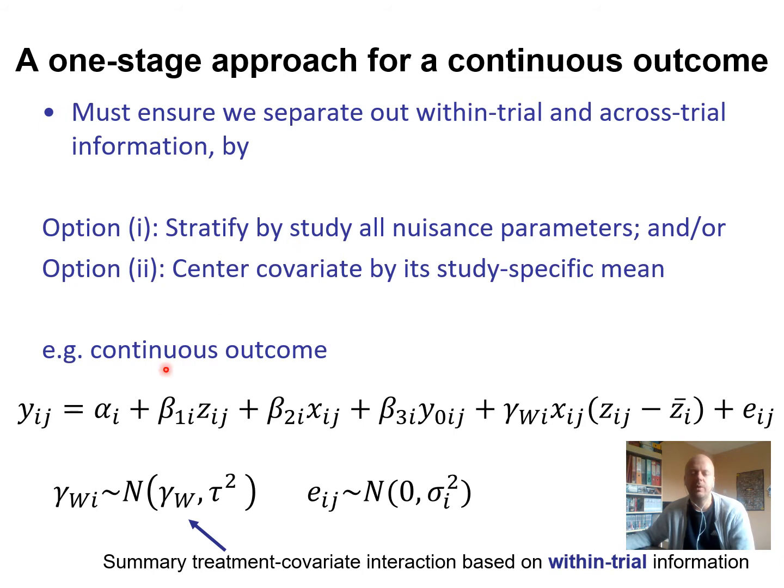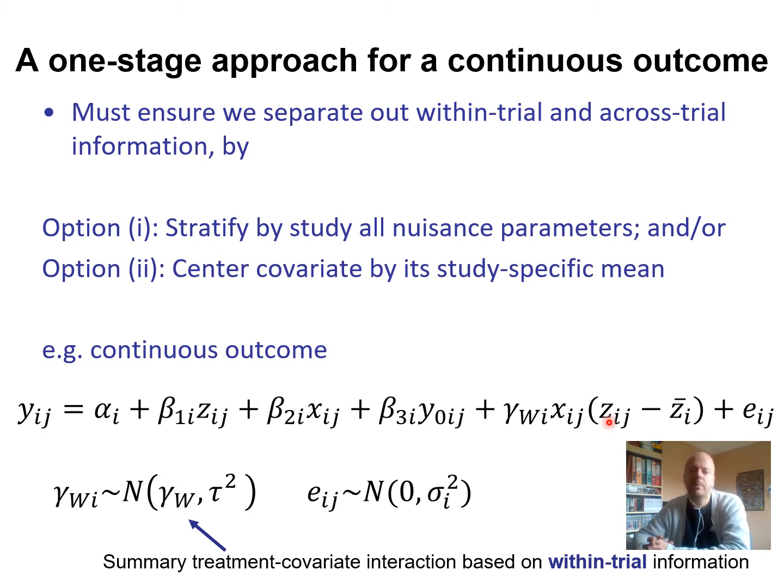So for example, if you've got 10 trials, you need to estimate 10 intercepts, 10 beta 1s, 10 beta 2s, 10 beta 3s, and then we can synthesize and get an average treatment covariate interaction. The other way of doing it is to center the covariate by its study specific mean. So to center the covariate by the study specific mean, and also include a term for the mean covariate in